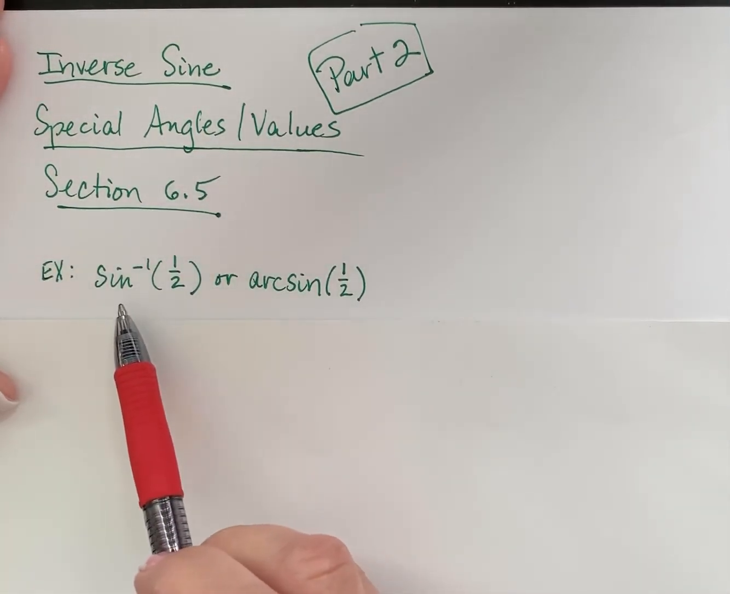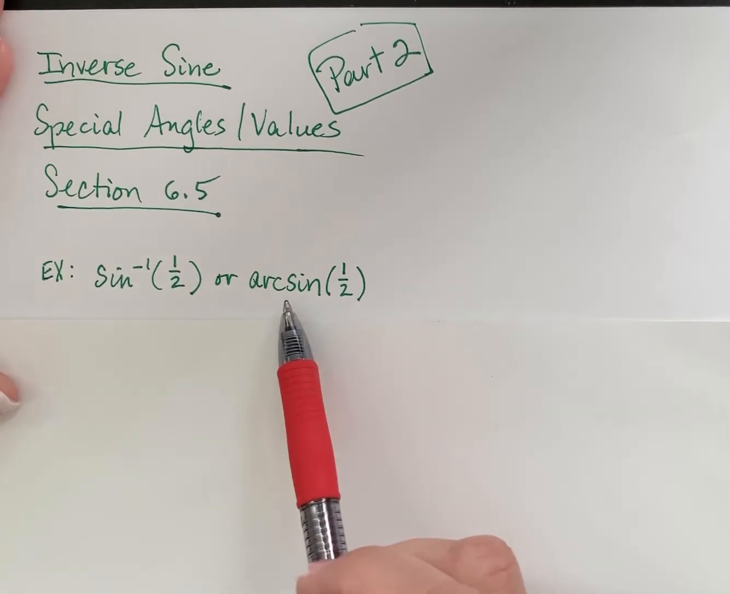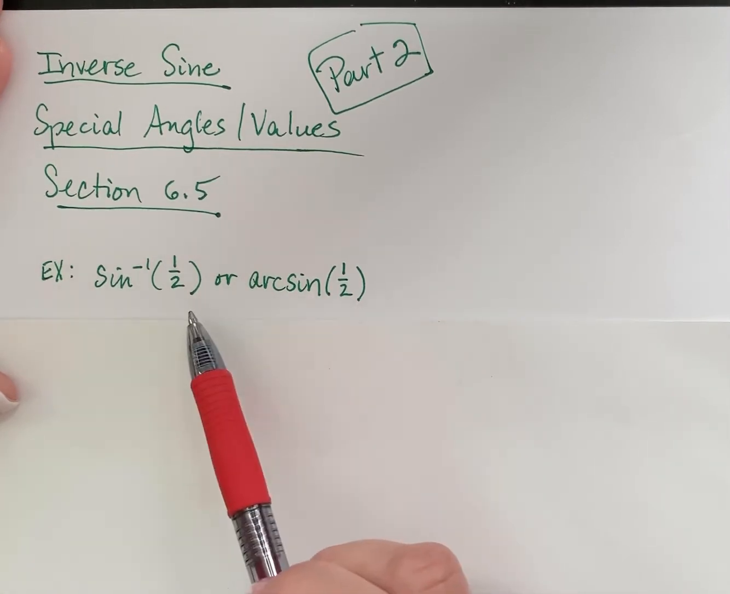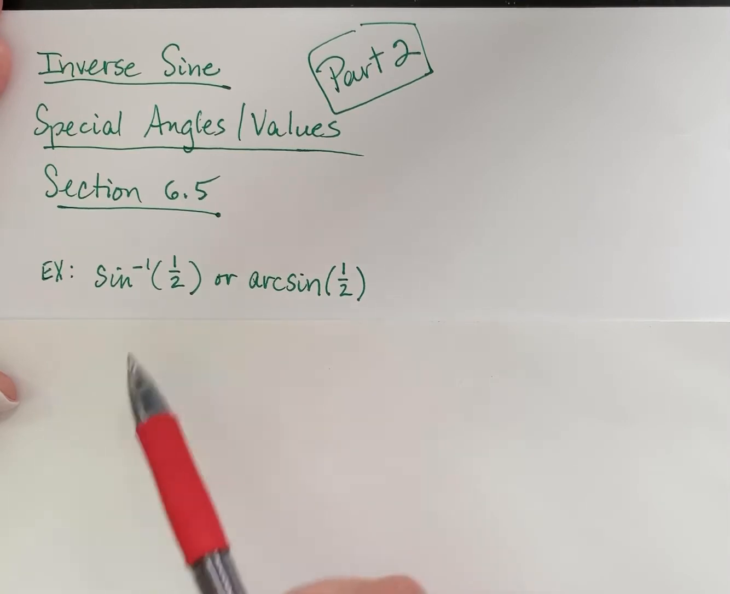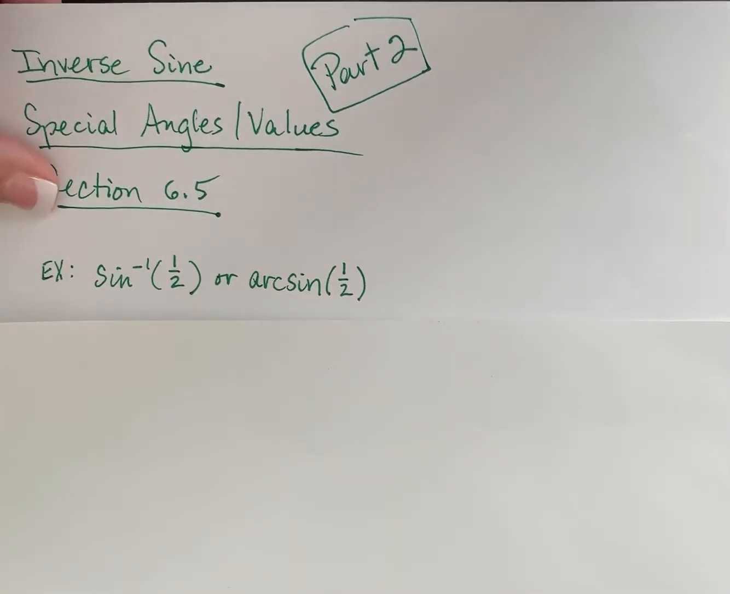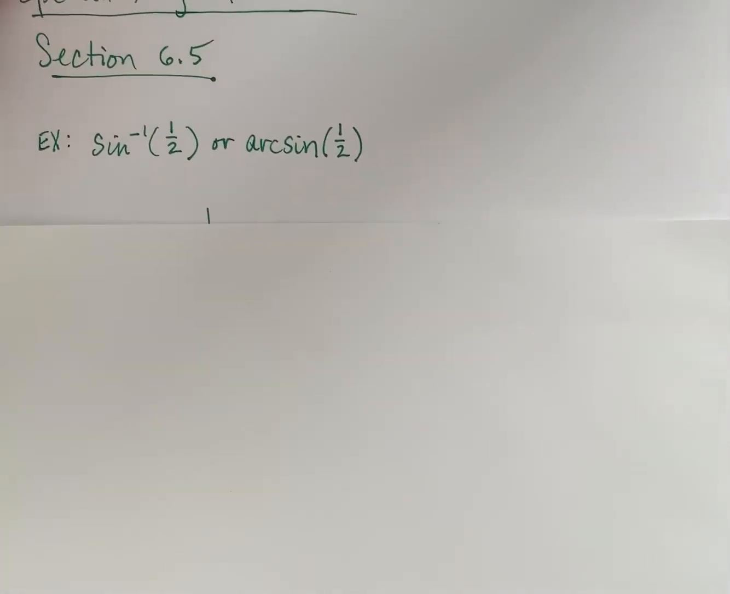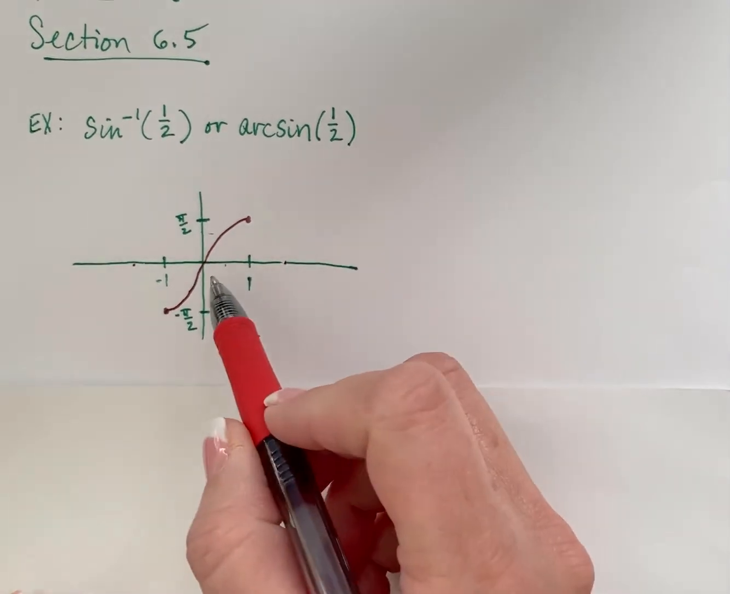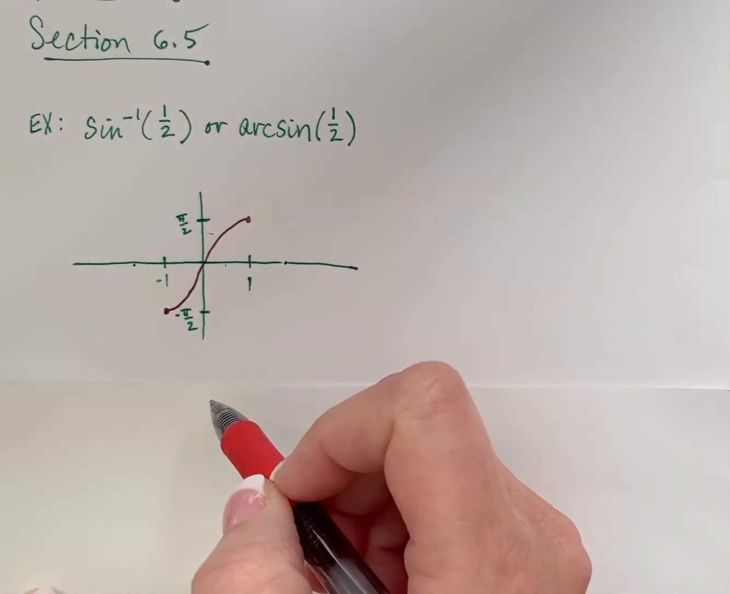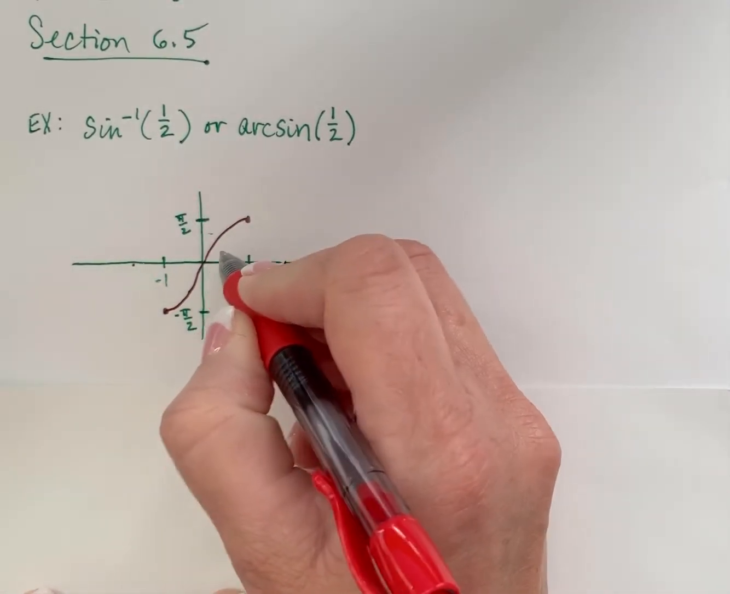This asks us to find the inverse sine of 1/2 or the arc sine of 1/2. So basically you're trying to think of what angle has a sine that is equal to 1/2. And it does have to fall in the range of negative pi over 2 to positive pi over 2. Okay. So if you're thinking about the graph, then you can come up with,